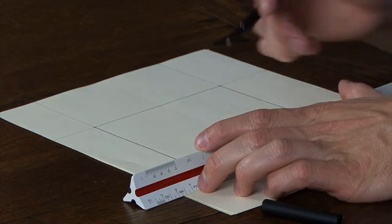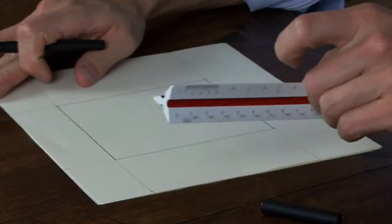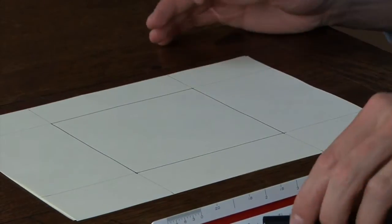Today I'm going to show you how to draw a perfect square. For this exercise, you're going to need a pen and a pencil, a piece of paper, and a ruler or an architect's scale. Okay, so you know that a square is a four-sided object, and all four sides are the same length. So when you're drawing a square, especially if you have a plain white piece of paper